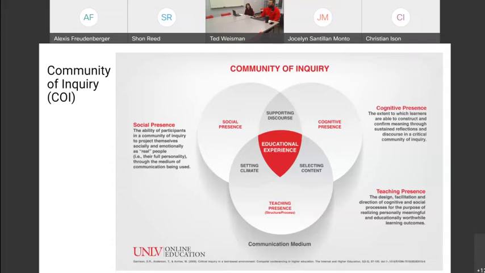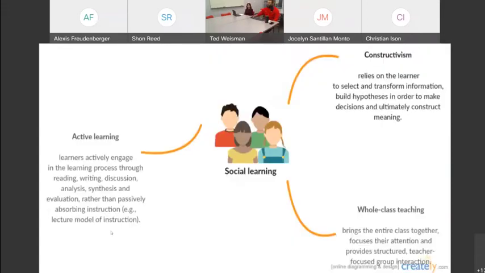How are you going to make students aware of how to be successful in your course? And how are you going to communicate your expectations to them? And most importantly, right, how are you going to provide some feedback for them in a timely way? So we're going to look at how all these things play out when we talk about discussions in the classroom. Which leads us to this idea of social learning.